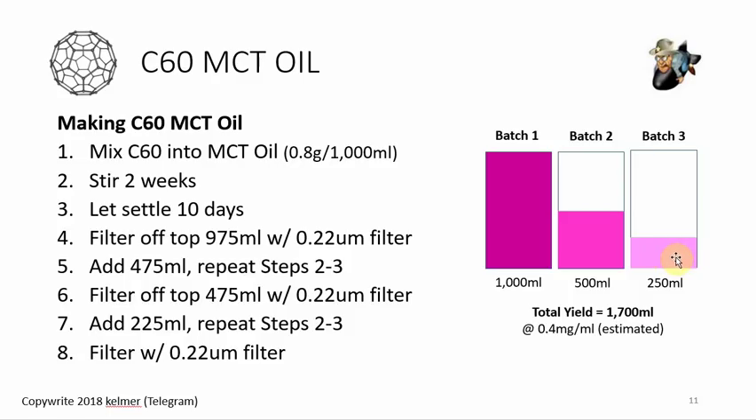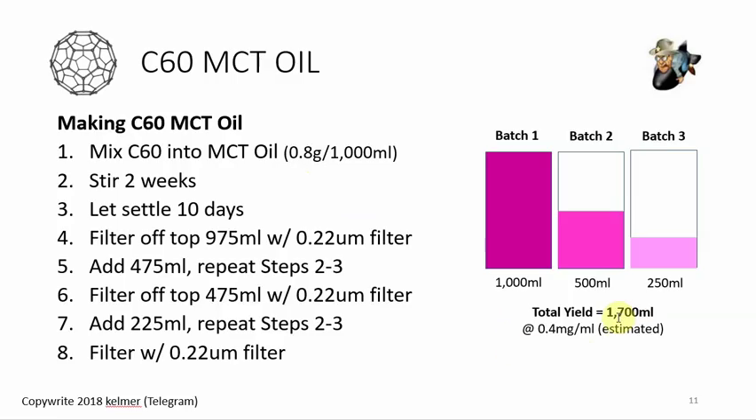And by the time you're down to the third batch, you can still see this black film on the bottom of the flask, but there's so little left, it's not worth trying to go for a fourth one. And that's my experience. Okay, and then when you do it this way, your total yield out of one little dose of C60 in the oil